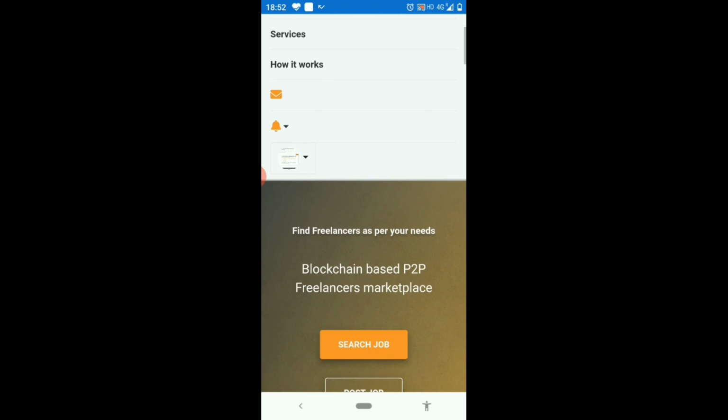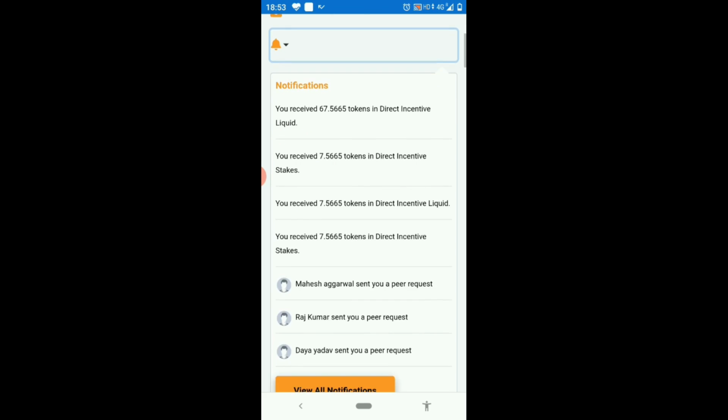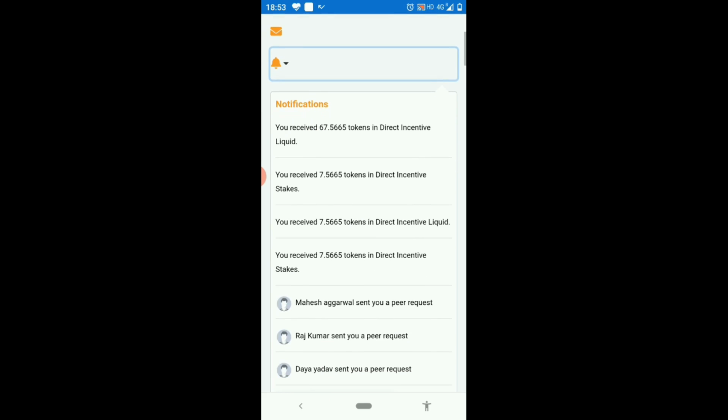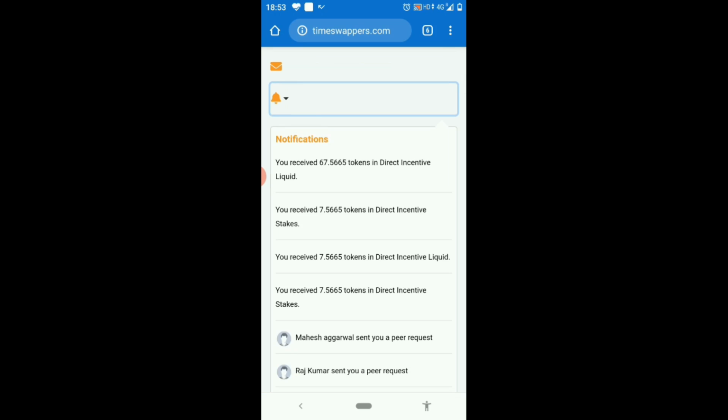That is really nice. And there is a notification icon here, a bell icon. Since I'm already logged into Time Swappers, I've got a few notifications here. Very informative for the users to track their incentives.